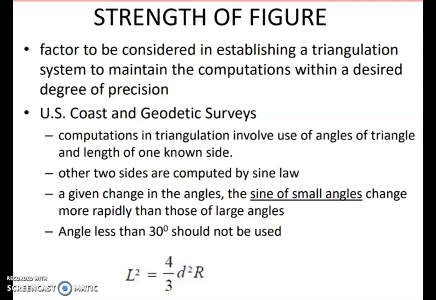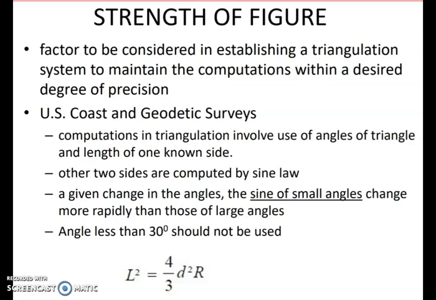We are fixing one point from two known points. This is the basic principle behind triangulation. You already have two known points, and with the help of these two known points, you are fixing a third unknown point. So usually what we do when doing triangulation is measure two angles and the length of one known side. Once you know two angles, the third one will obviously be 180 minus something, and the lengths of the sides you calculate knowing all three angles.